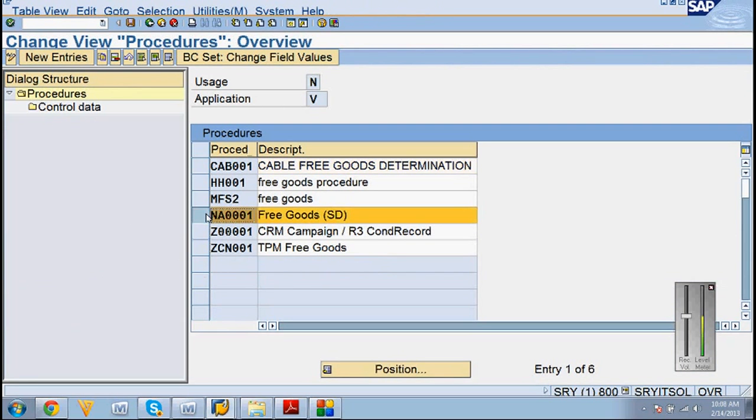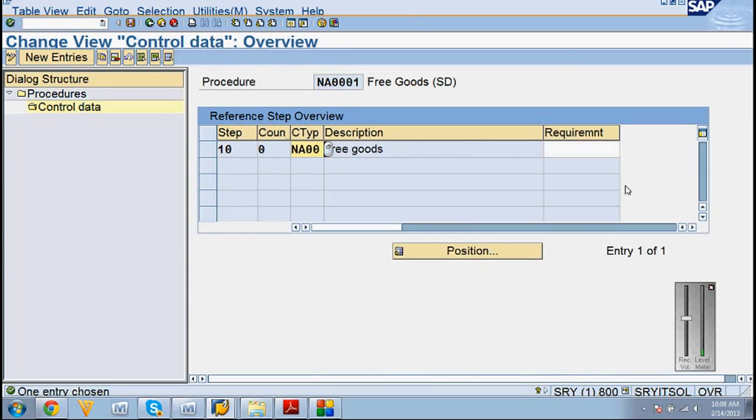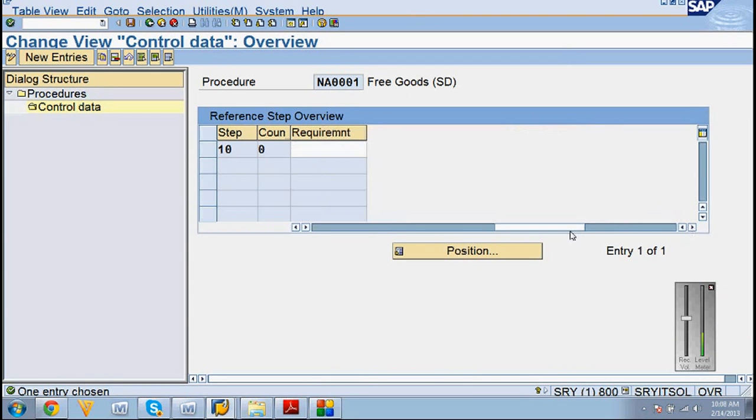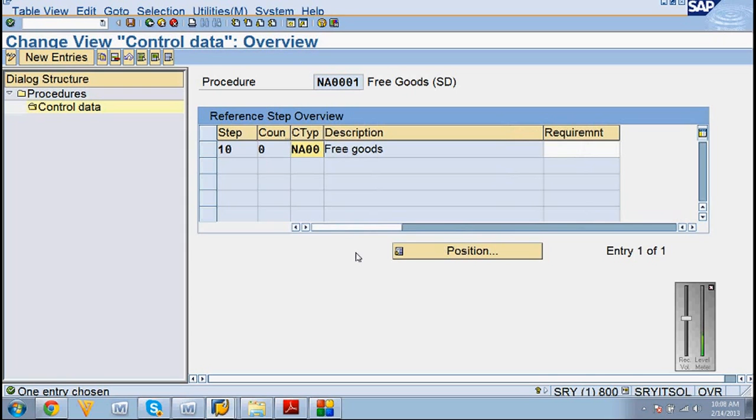You take this, the standard one, NA0001. It doesn't have 16 fields like pricing. Don't get confused. They'll ask a question: how do we control pricing procedures in free goods? People will tell 16 fields. There are no 16 here. How many are here? 1, 2, 3, 4, 5. Write this.